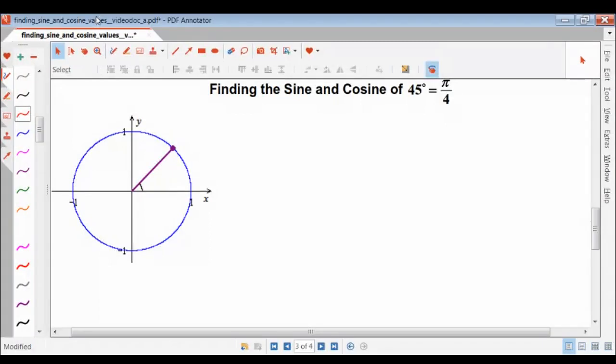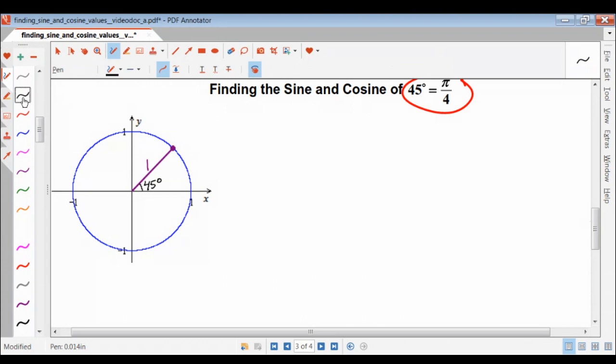In this video, we're going to find the sine and cosine of 45 degrees, or pi over 4 if we're working in radians. If you watched the videos where we found the sine and cosine of 30 degrees and the sine and cosine of 60 degrees, then you know the drill. Let's start by putting 45 degrees in standard position in a unit circle